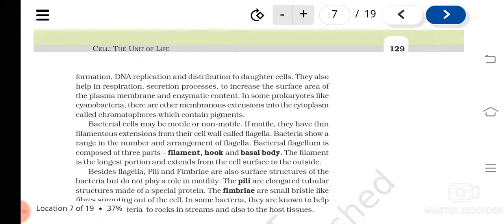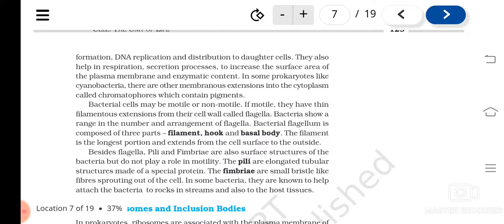So these are the cell envelopes, and we have learned about the glycocalyx, then we have studied the cell wall and then the plasma membrane. And you might have heard that bacteria can be motile or non-motile. Motile means which can move, and non-motile means which cannot move. So if motile, they have some filamentous extensions from the cell, from their cell wall, and they are known as